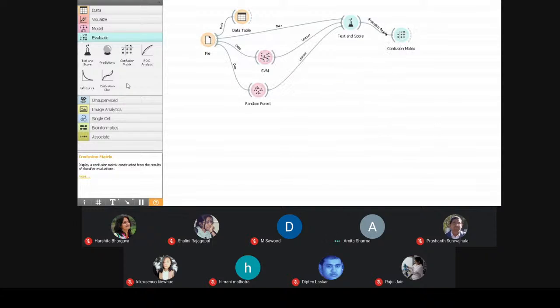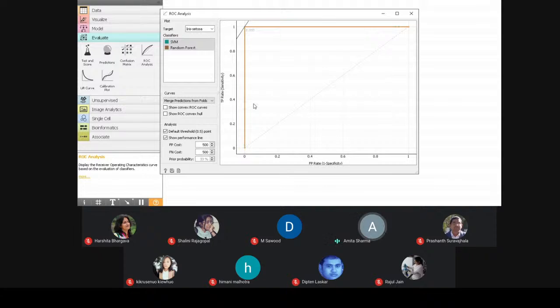Okay. Now, if you want to generate the ROC, you can simply click it and connect it with your test score. It will generate the ROC curve, and for different targets, you can simply select the different ROC curve. Okay.